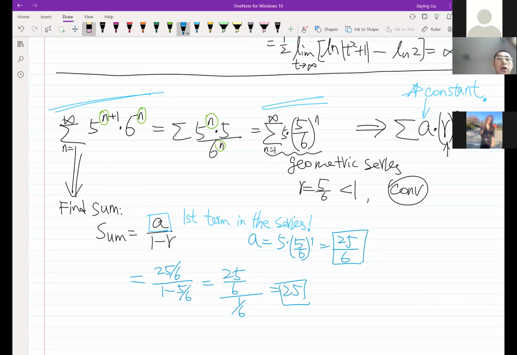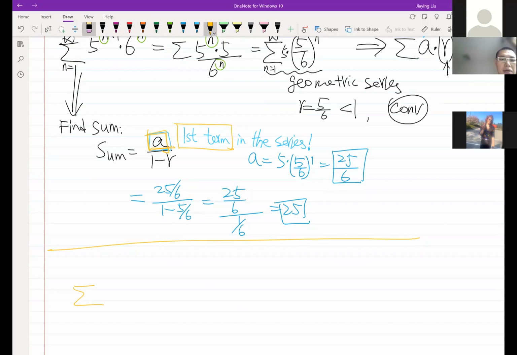All right, I'm pretty sure you all know how to use the sum formula, but I want to clarify that this A here is not the same A, it's not 5. So let me erase that. A means the first term in that series after you plug in n equals 1, whatever you get. Of course, if the sigma is from, let's say, n equals 3 to infinity, or n equals 5 to infinity of 5 over 6 to the n, then you take 5 and put it in there. So the first term